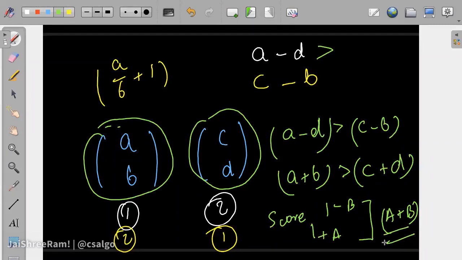So that is what you should be sorting it by. This is an idea that we call exchange arguments. You take two values and compare their two orderings, and you come to some particular constraint to sort it. This idea is called exchange argument, and you can use it in a lot of problems.